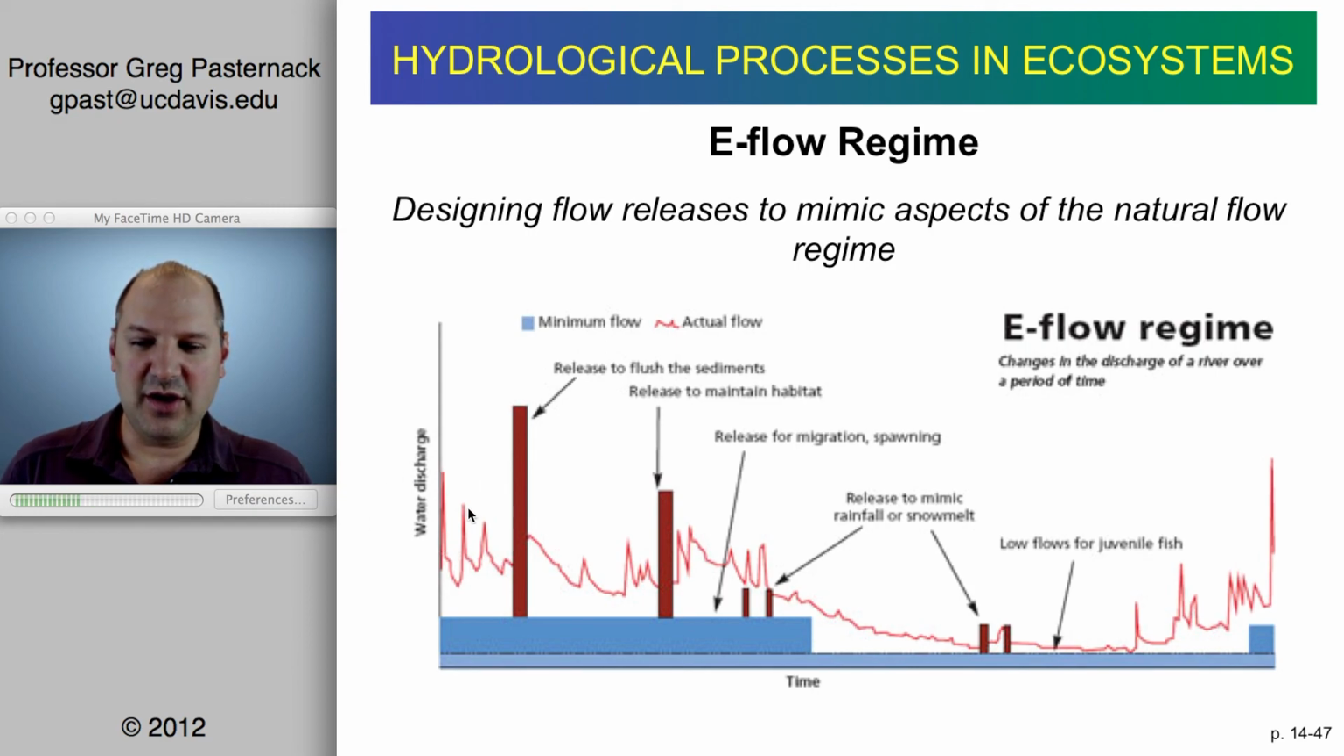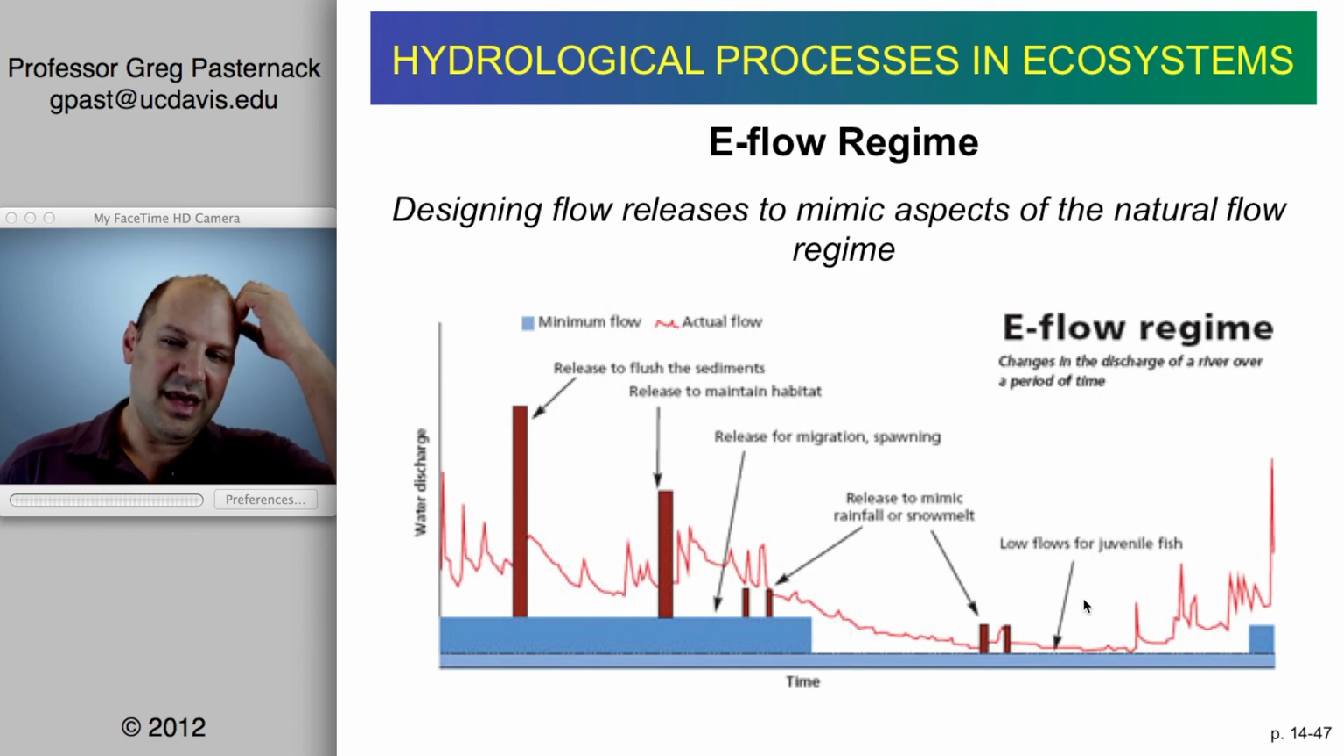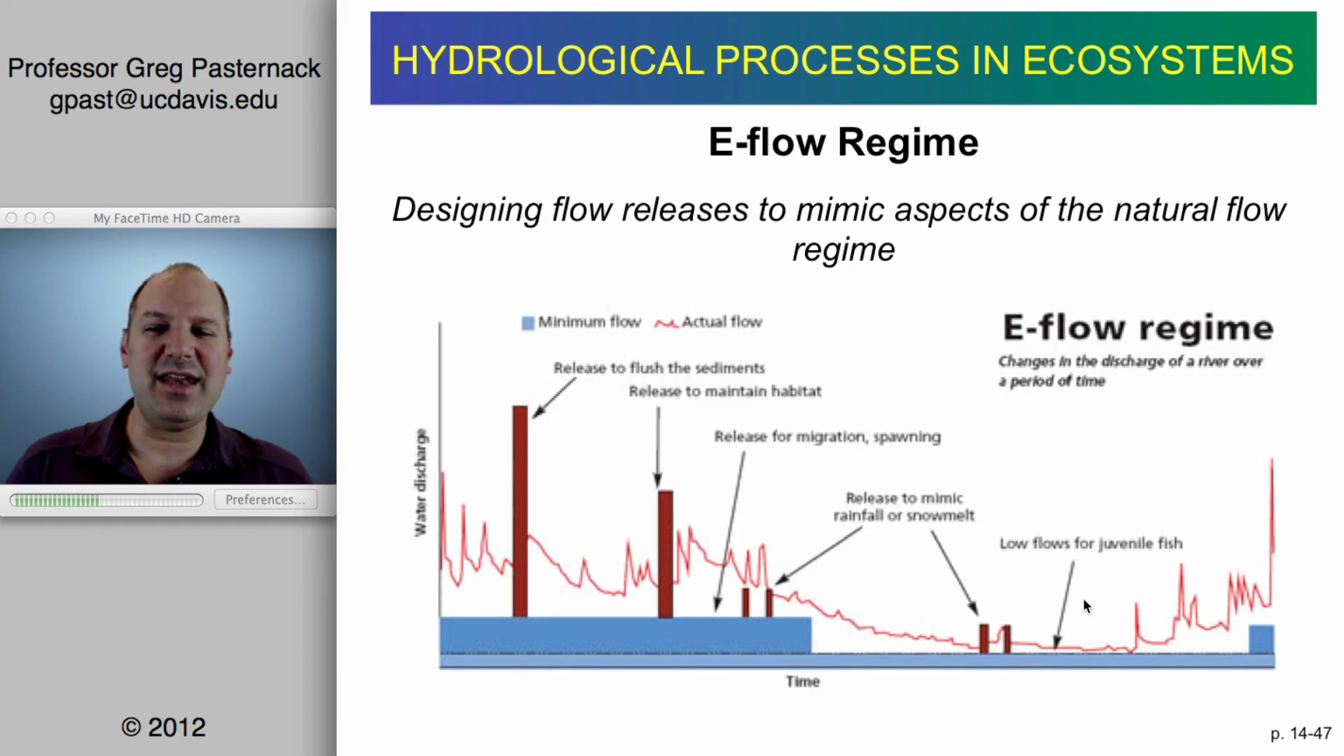So if this red line represents the original flow regime maybe, and then the blue here represents the regulated flow with a dam, maybe the goal is to release some spikes like these maroon colors, and to do certain things, release to flush the sediments. Like that's the biggest flow that you're going to release artificially. So you have to have a dam to do an E-flow, right? Or some kind of structure. Maybe you do some other flows to release or maintain habitat or aid migratory flows of fish or whatever it is. So this is just a way of taking the natural flow regime,